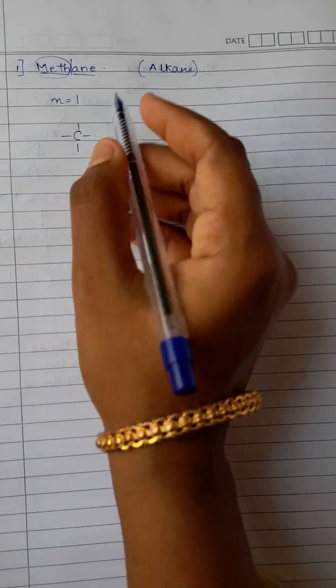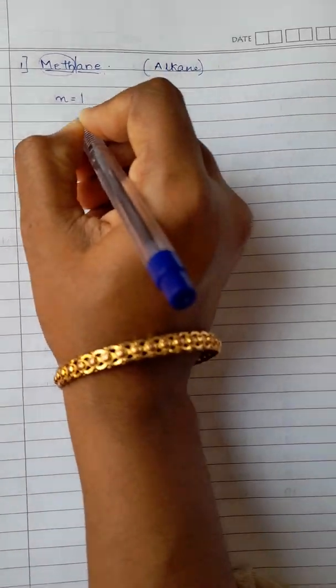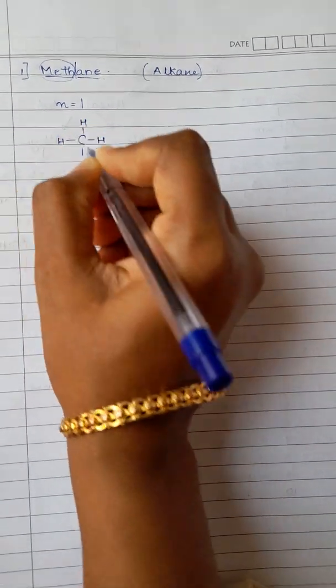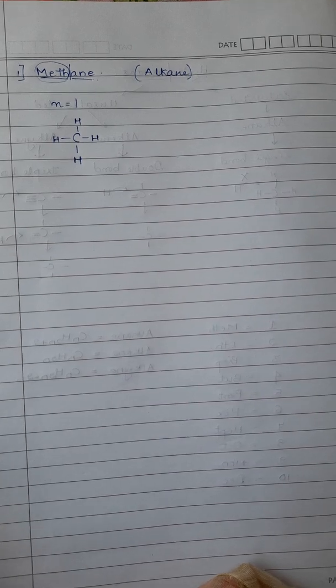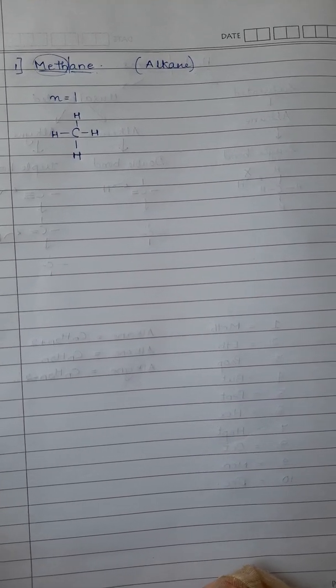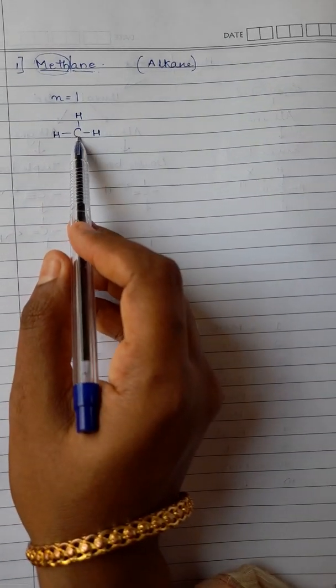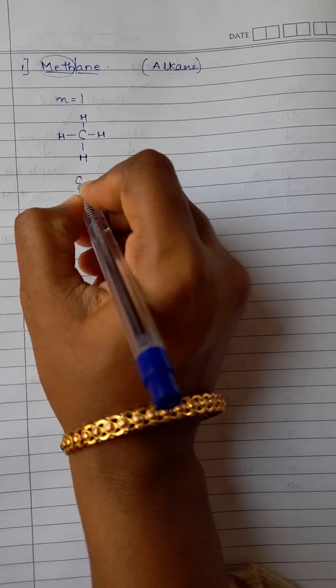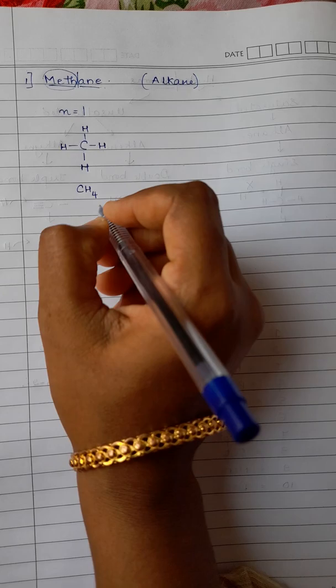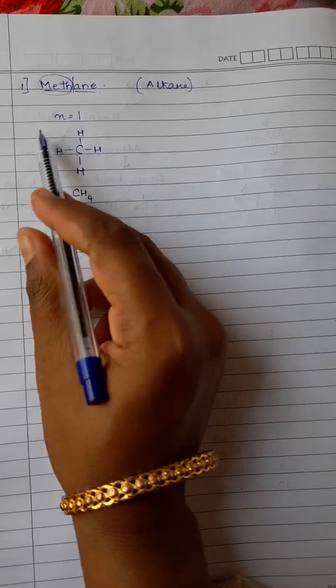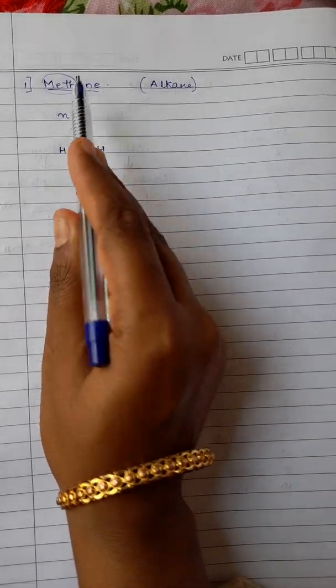Now after you put the bonds, wherever you have space next to the bond, you will put H because it's a hydrocarbon. So the C is already there, the only thing is you have to fill the spaces with H. So what is the formula going to be? You have 1C, so you write C, and you have 4 hydrogens, so you write CH4. So this is the formula that you get from the structure you have drawn for methane.